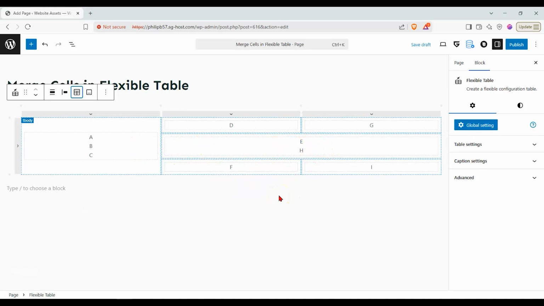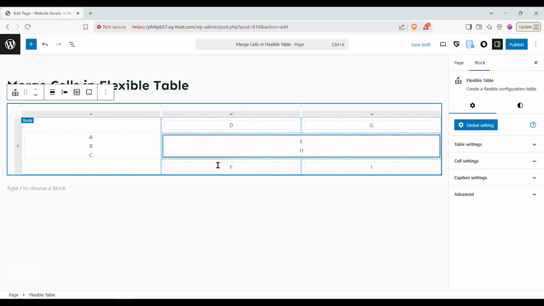So there is a real quick and dirty way for you to know how to merge cells in the flexible